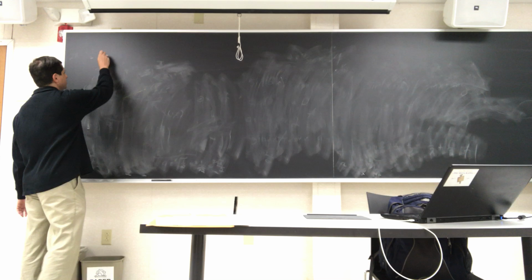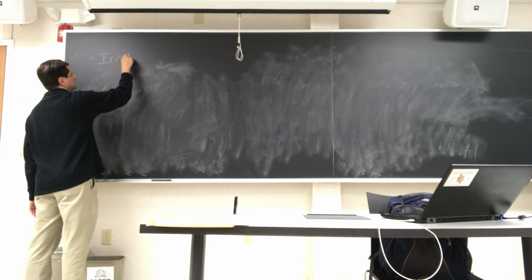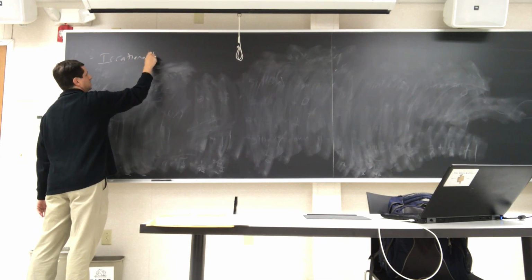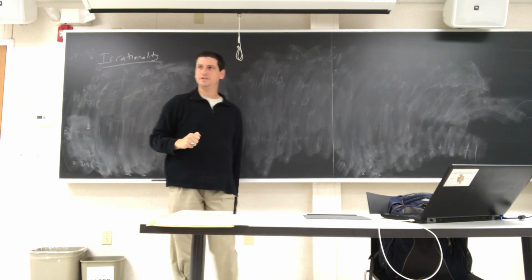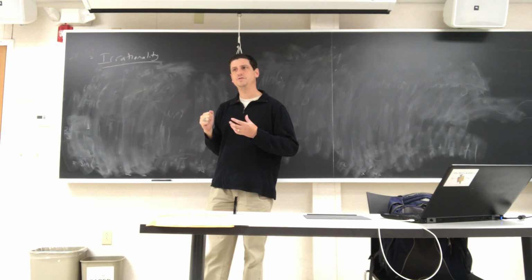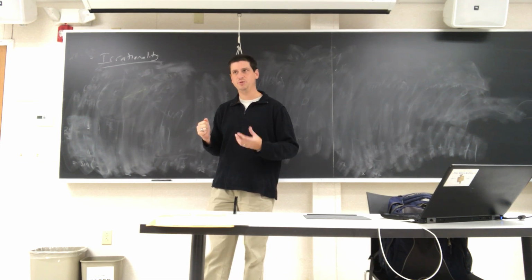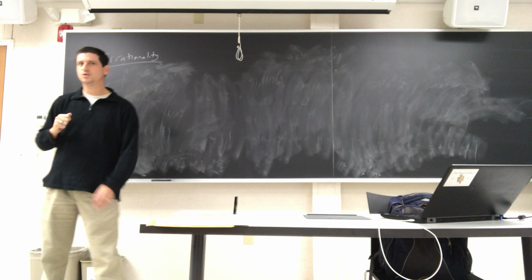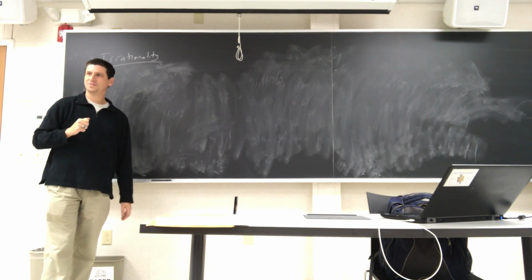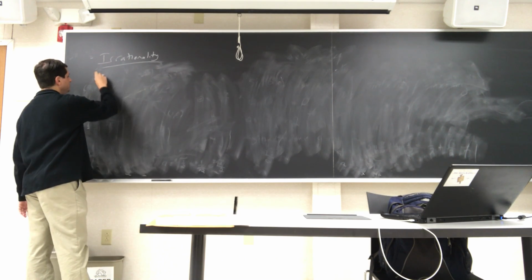So let's start off with irrationality. I think I've mentioned this result, but I don't think we've done the proof yet. Have we done the proof of the square root of 2 by using geometry? I think so. Okay, we did do that proof with the two boxes. Okay, excellent. Did we do the proof of the square root of 3? All right, so we've done square root of 2,